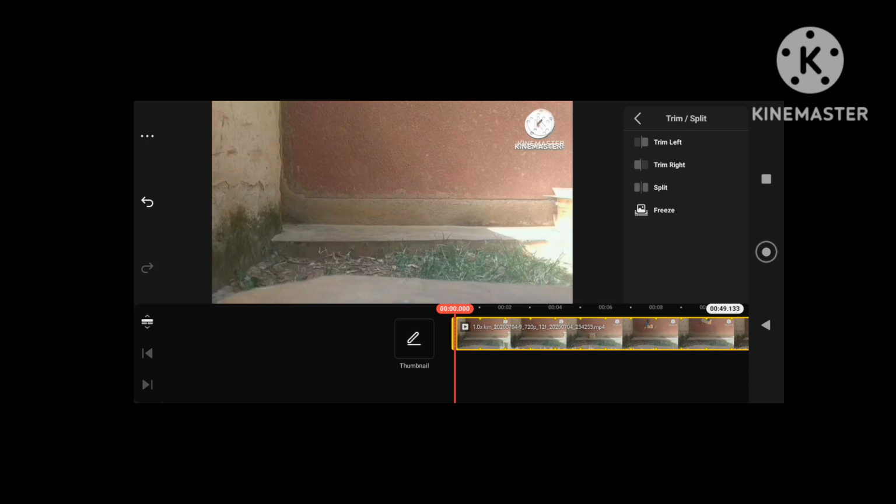You can trim to the left, which cuts everything before your playhead, or you can trim to the right, which cuts everything after your playhead. You can split. Splitting cuts the clip into 2 pieces so that you can insert something in the middle or delete a section.